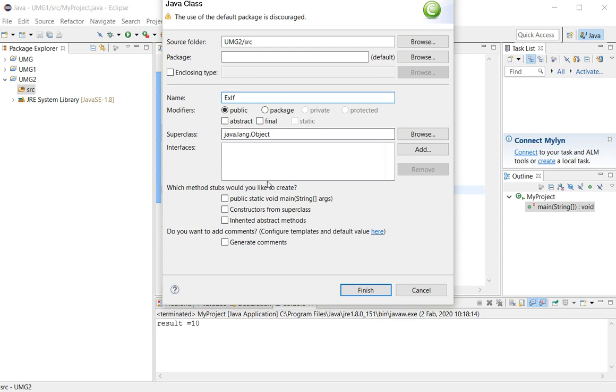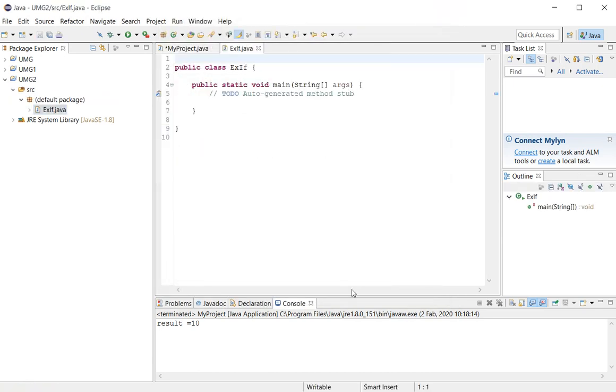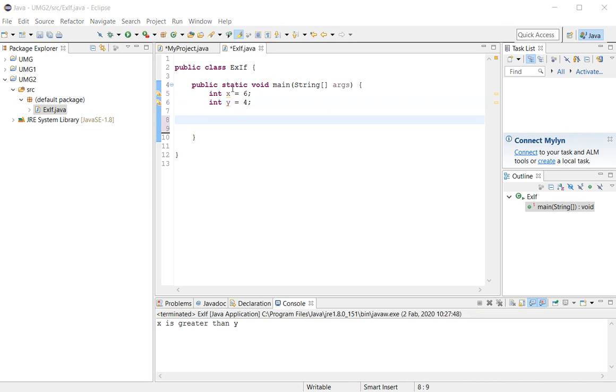If. Let us create allow inherited abstract method. We have nothing to do with this comment, so we have to remove it. We have a variable int x and int y holding the values of 6 and 4 in the previous example. For now, let us see if